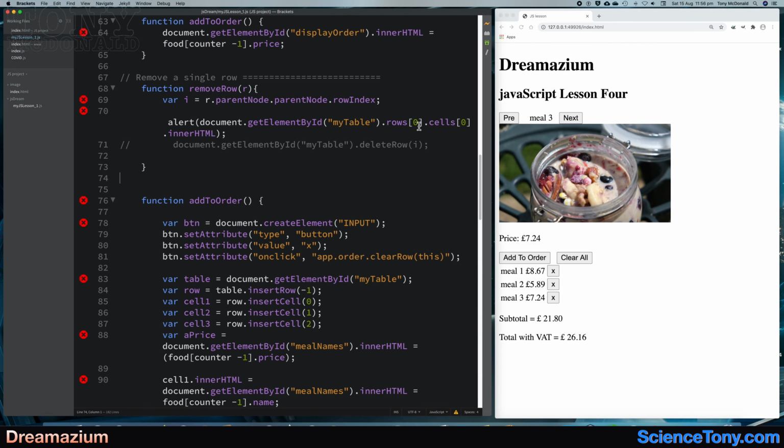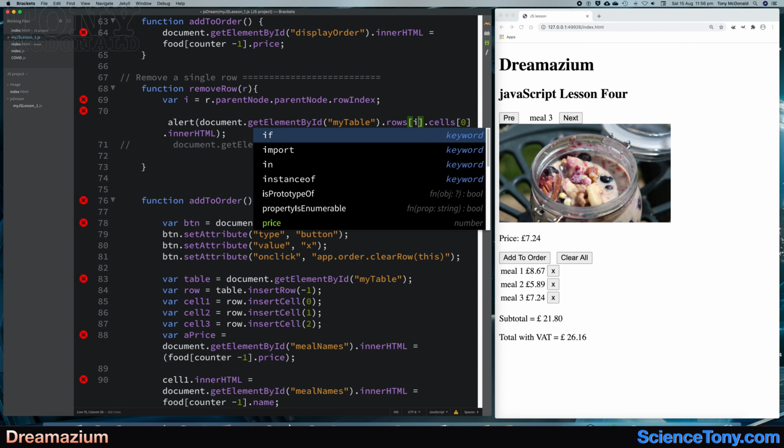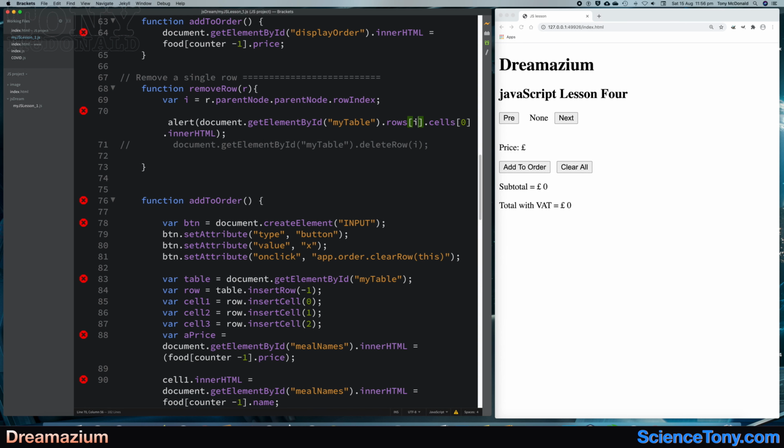So since we want the row, and this section here is already working out the row and storing it in a variable, the index rather, and storing it in a variable I. If I put that in and save it, that's going to give me the right row. But I don't want the first cell. I want the second cell, which is going to be number 1, because it goes 0, 1, 2, 3, 4, right? So we save that, and now